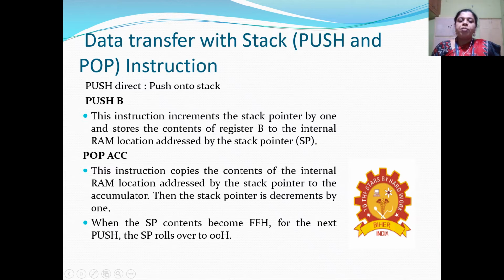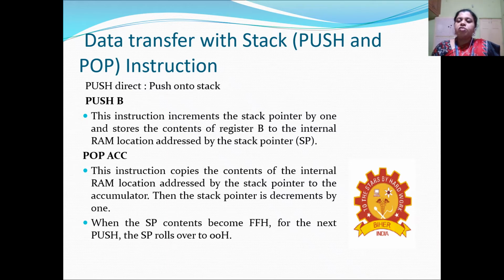For example, PUSH B, that is, the value of the B register has to be moved to the stack. So while we are performing this, the stack pointer will be incremented by 1 and then the value of the B register will be stored in that particular location.